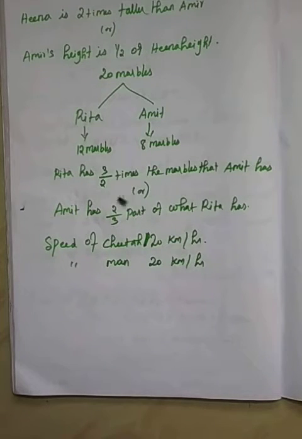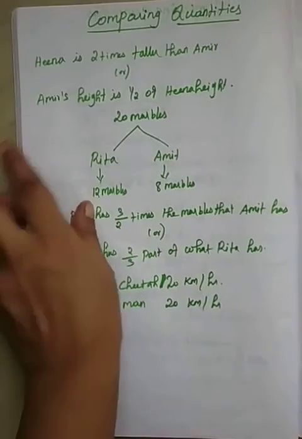Right. Now, do you remember comparisons like this? In class 6th standard, we have learned to make comparisons by saying how many times one quantity is of the other. Here we say that it can also be inverted and written as what part one quantity is of the other. Clear? So in the given cases we write the ratio of the heights. Already we have seen the Hina and Amir heights.